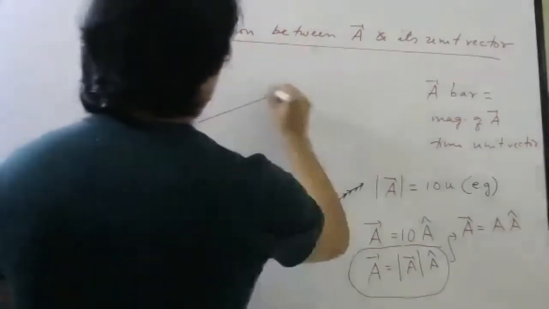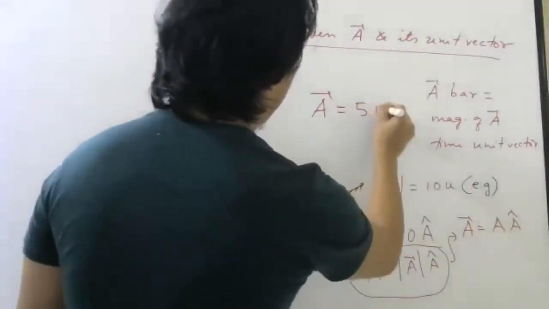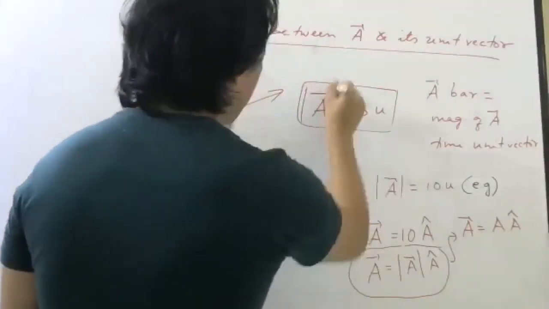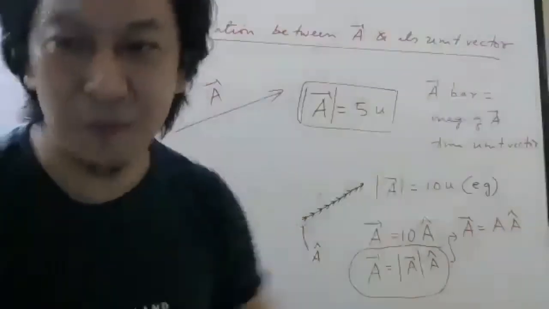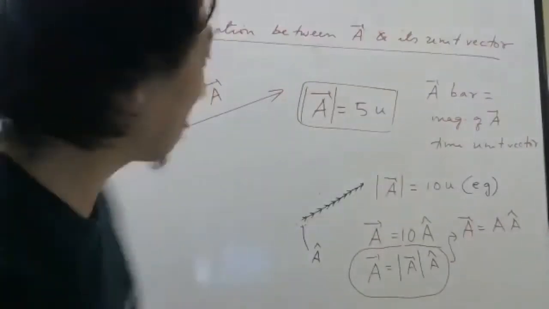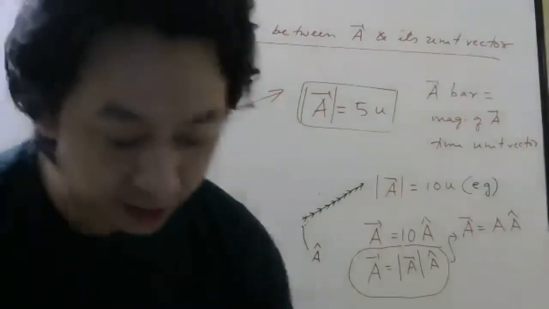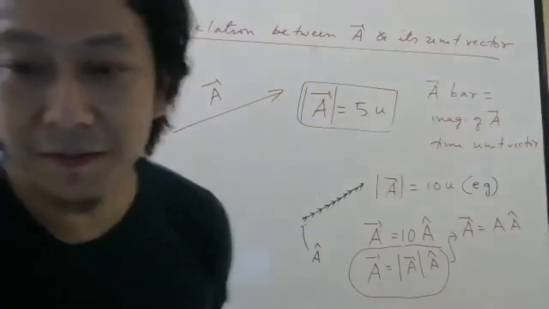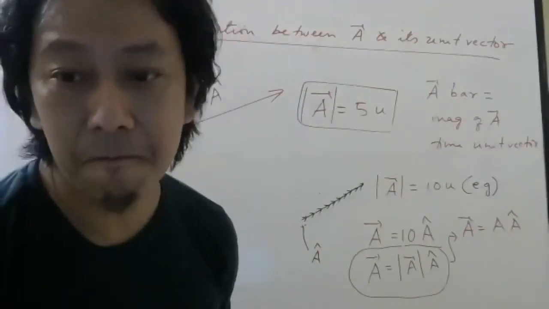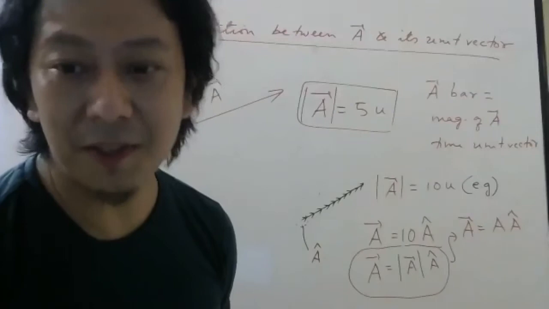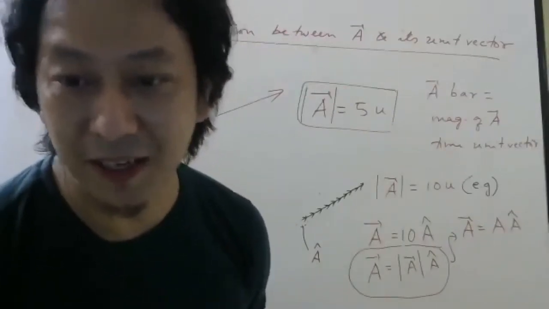So here is a vector which is A bar. A bar is equal to 5 units in magnitude. This is an example, Channa. Let me take 5 units, some different number. Now, this vector is 5 units. What is the meaning of unit vector? A unit vector is a vector whose magnitude is 1. The name itself tells you: unit vector means a vector whose magnitude is 1.